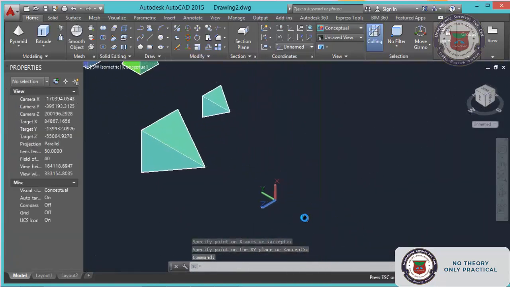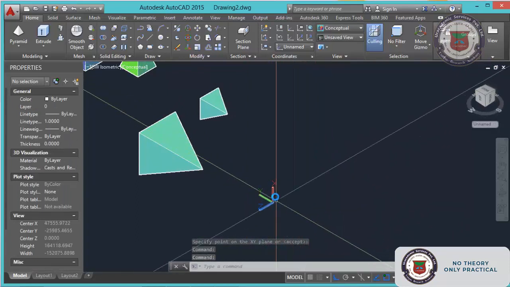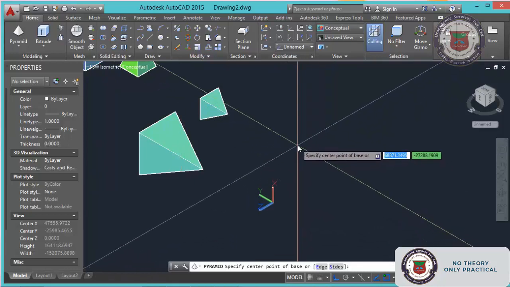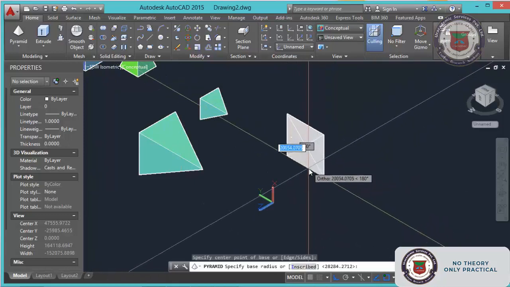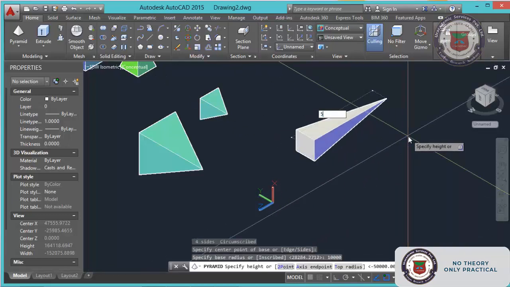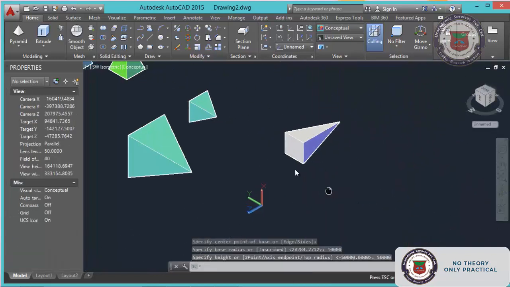Now your base will be in the y direction. Now you just click, it will ask you the center point. Just give center point 10 meter and give height about 50 meter. Now you can see.